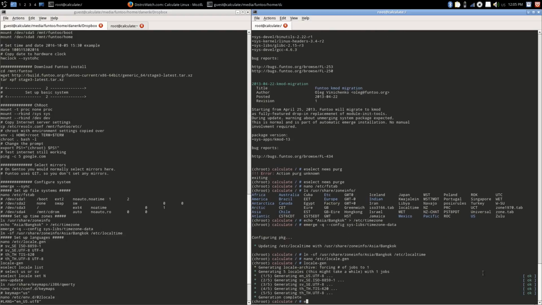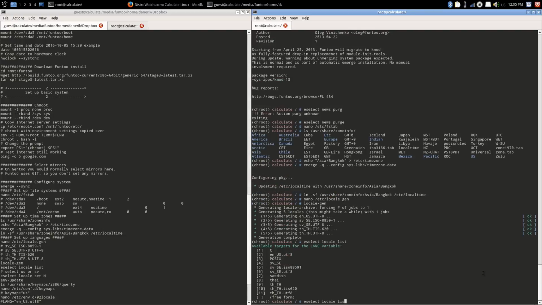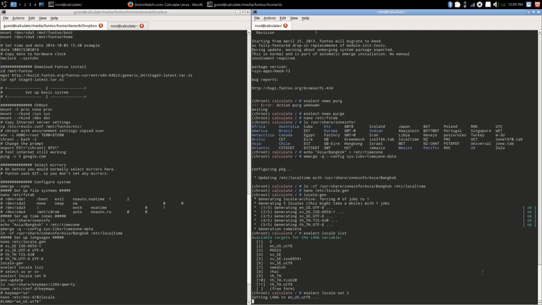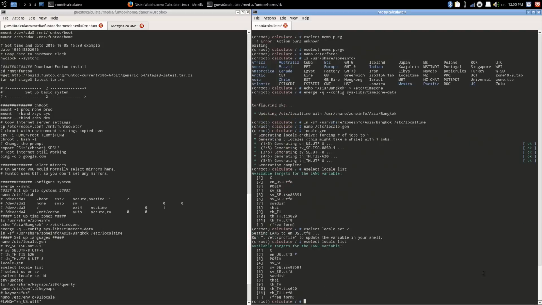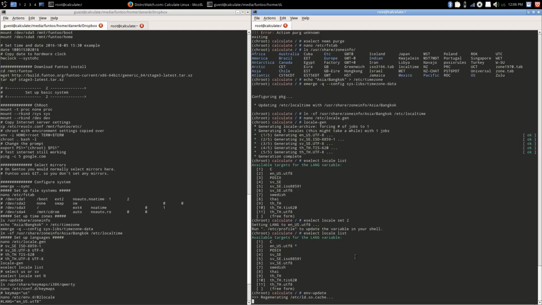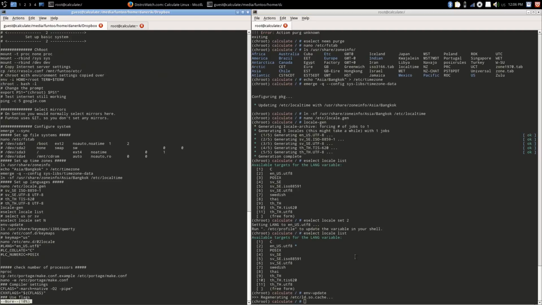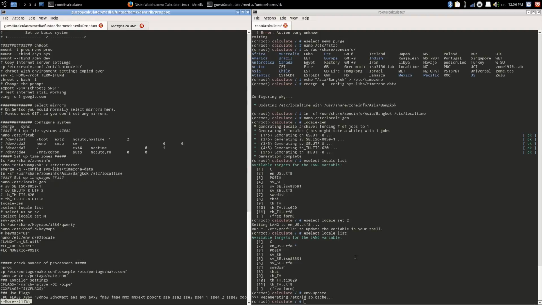Anyway, so we generate those locales, and then we have to select the one, and I normally select the US one, even though I'm Swedish. So then you have the numbers there that you just pick, the number 2 in this case for the US, and you can see that there's a big asterisk there if I list it again after selecting it to show which one is currently selected. Update environment to include those locales,